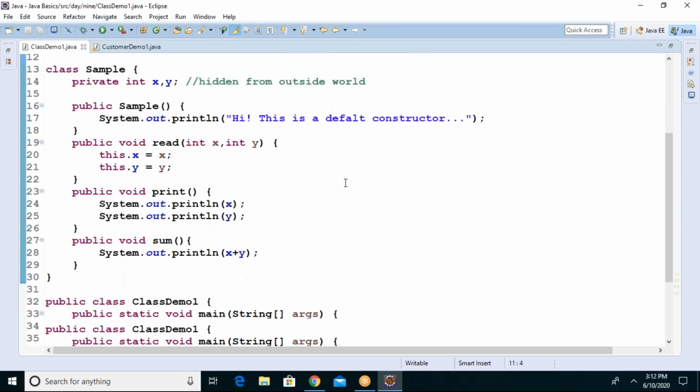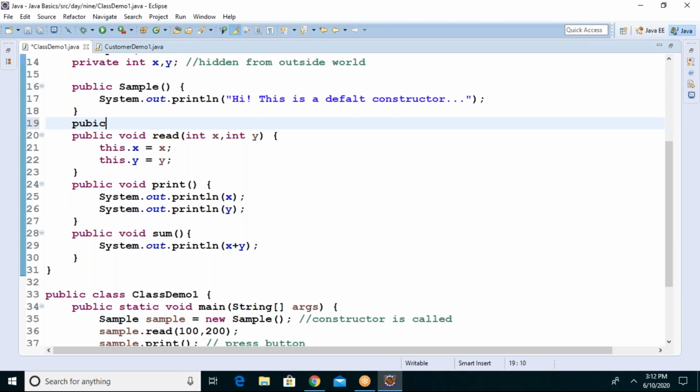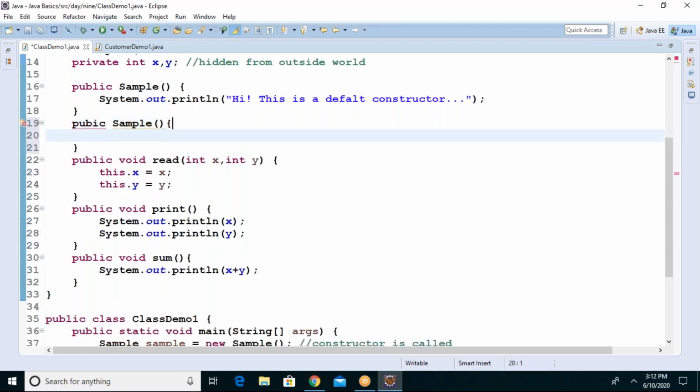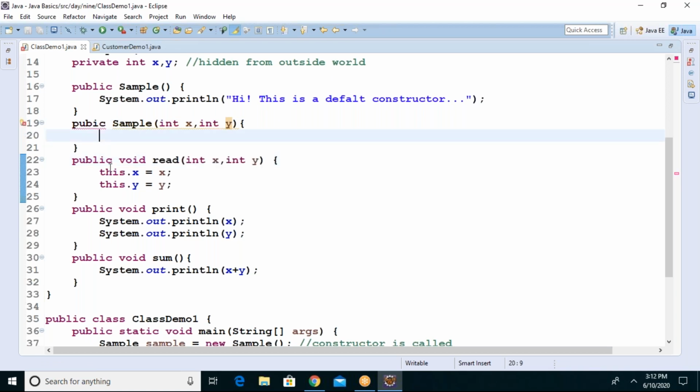Suppose when you have a constructor, you should also have another constructor called Sample, but here with integer x, integer y. Whatever the read method is doing, that it is doing.